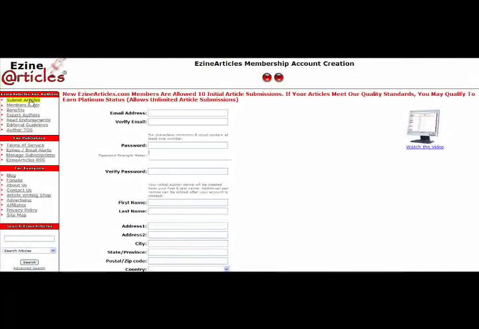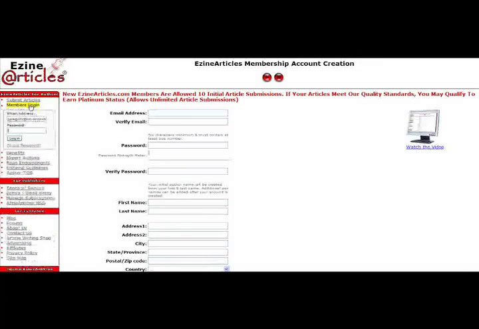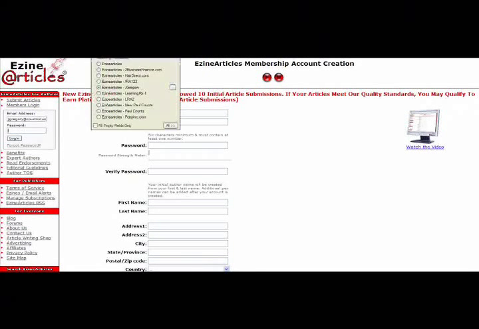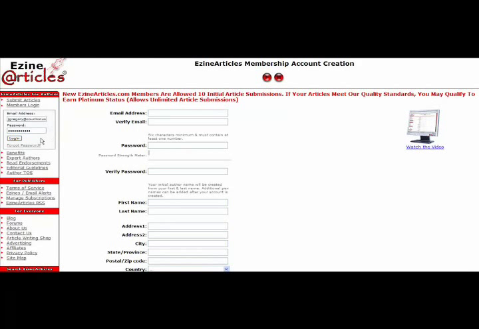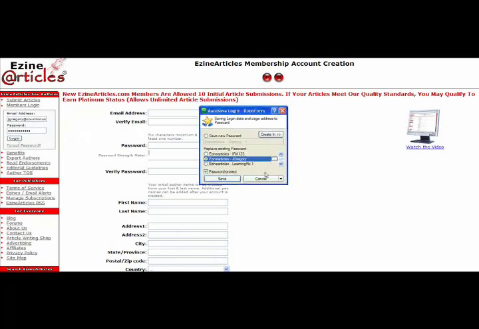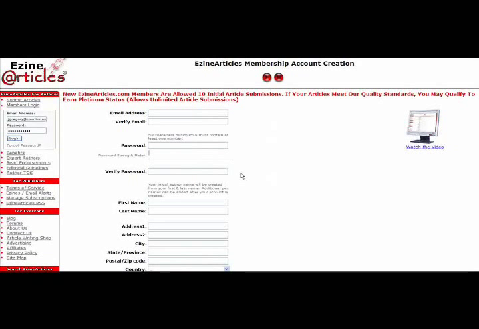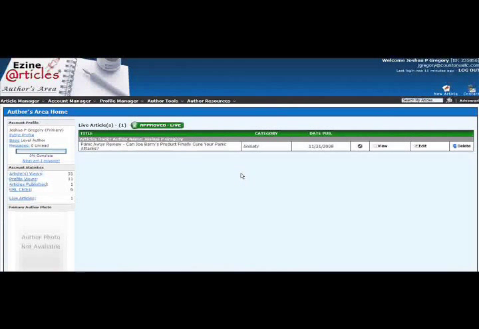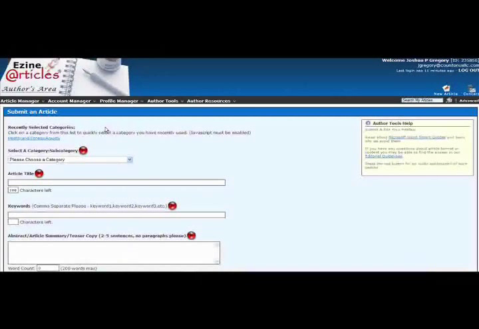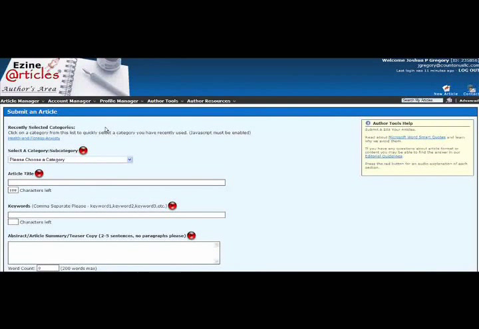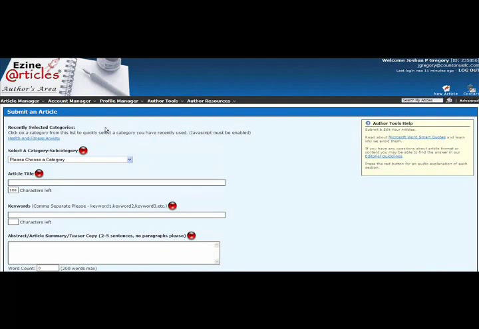So go ahead and click, once you've set up your account, just click over here on Members Login, and you're just going to go down here and just log in. And so I'm just going to log in really quick. And then once I log in, I'm going to take you through this process for submitting articles. So once you get here, you're going to see an article dashboard that looks similar to this. And just click over here on Article Manager and then click on Submit a New Article. So you're just going to hunt around back here for new article submissions or submit article. And that's how you're going to do this with all other article directories.